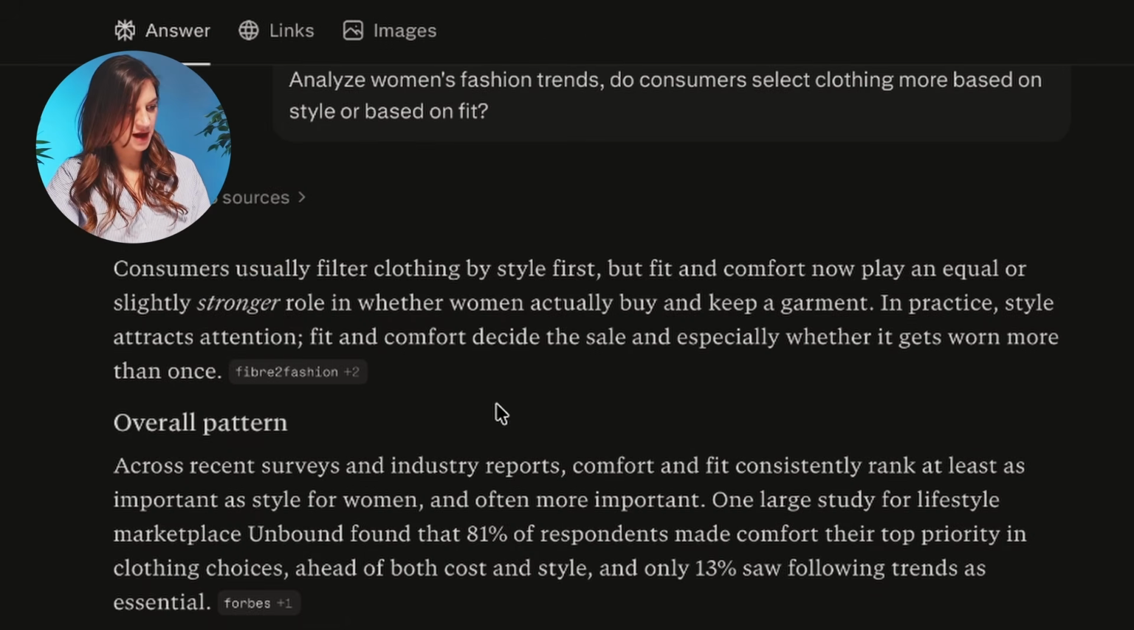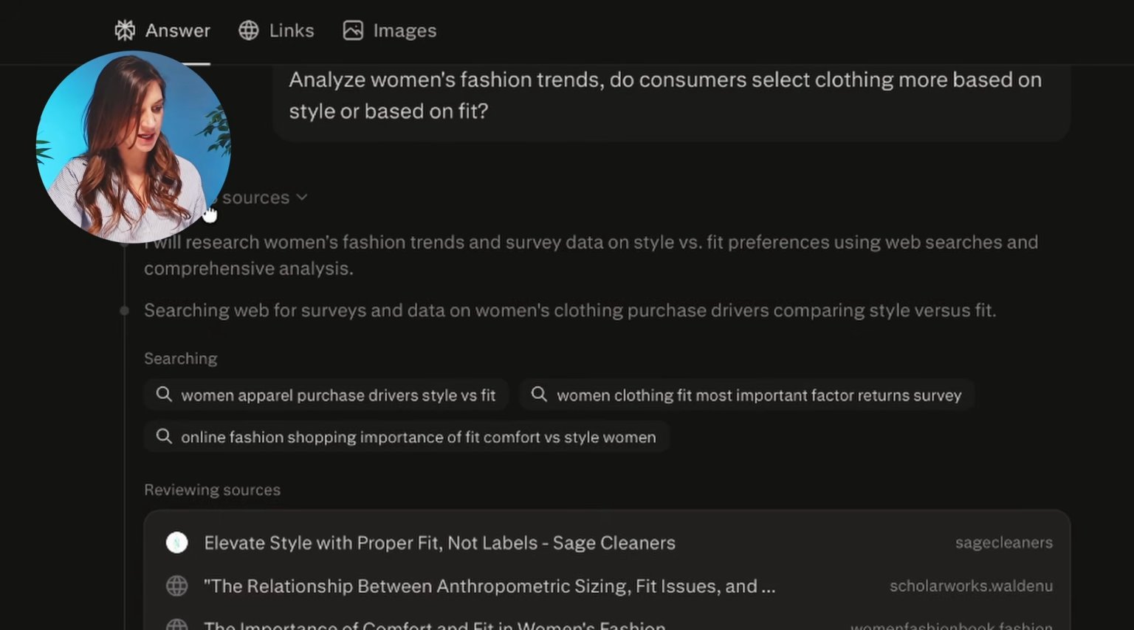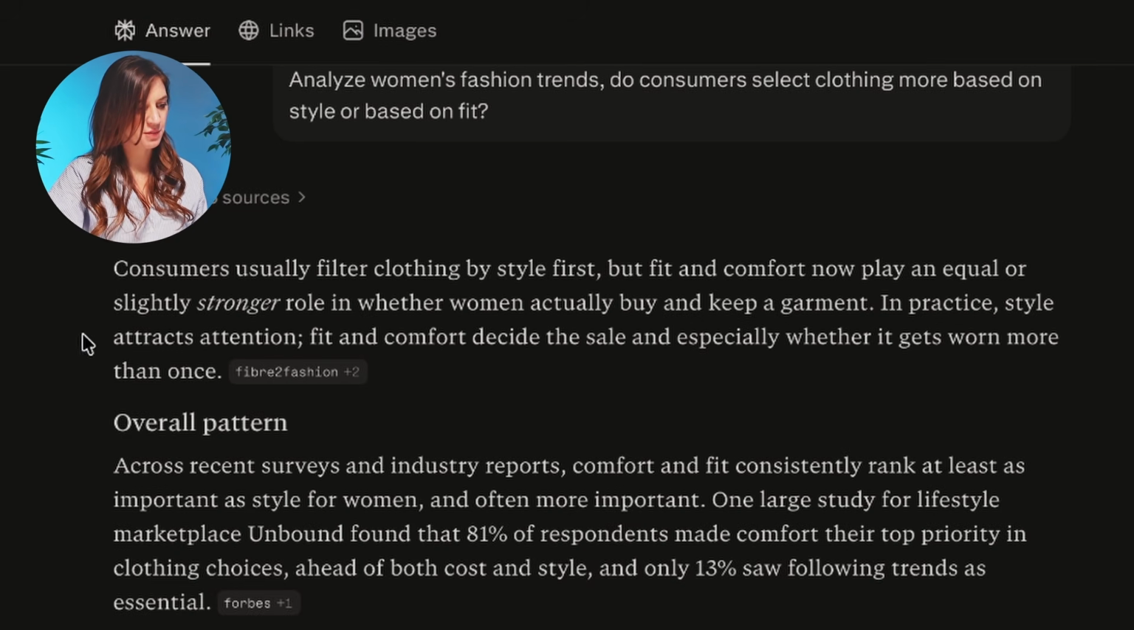So here I have now the output. It shows me the sources that it reviewed. I can click on this. It says it reviewed 15 different sources and it wrote up a report for me based on the sources that it reviewed. However, what I love about Perplexity, and this is where it's very much different than just Google searching,